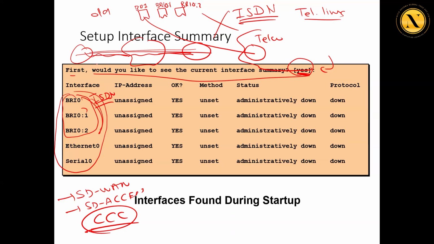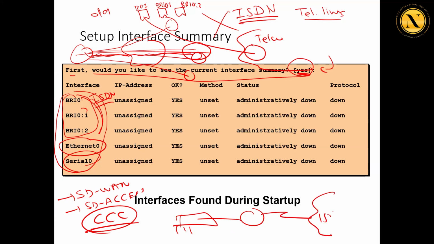So then from one port, there could be an ISDN connection to maybe some branch one. Maybe from another port, we had an ISDN connection to the second branch. Maybe from the third port, we had an ISDN connection to the third branch. This Ethernet could have gone in our LAN, right, to the switch. And this serial port again used to go towards the ISP, right? Maybe today we don't have serial ports, but today through Ethernet port only or gigabit Ethernet port only, we'll configure